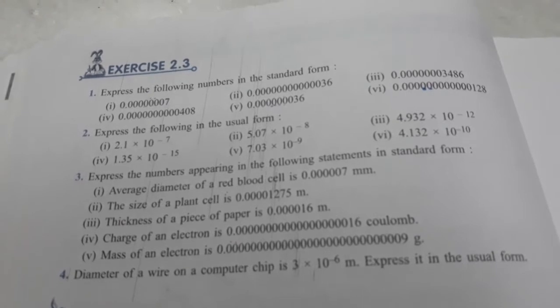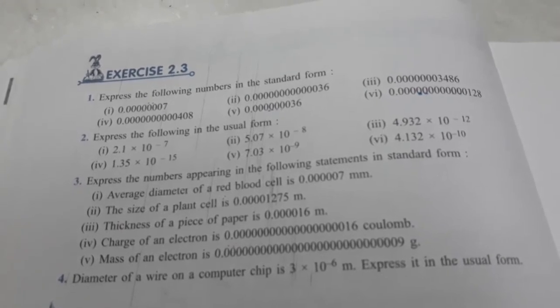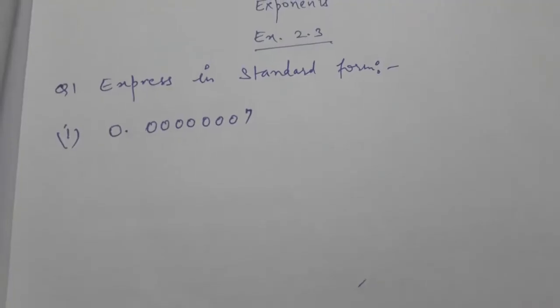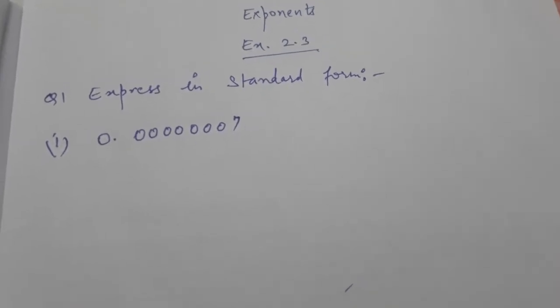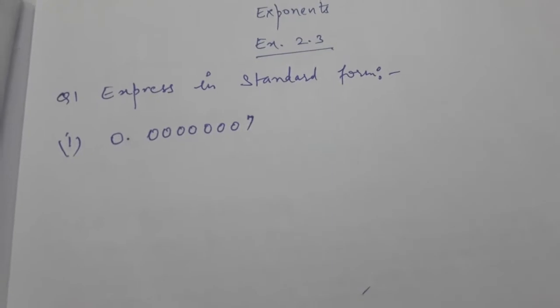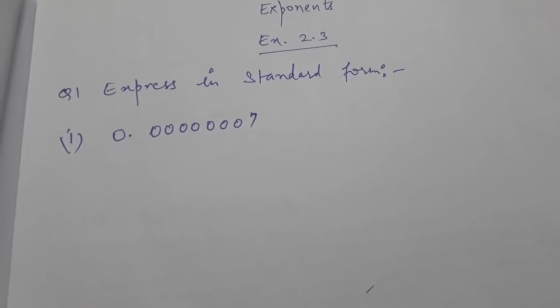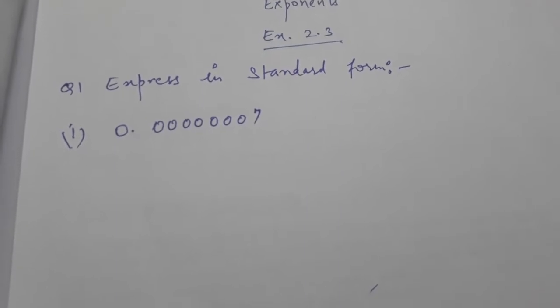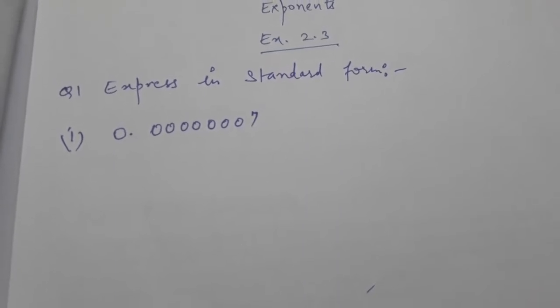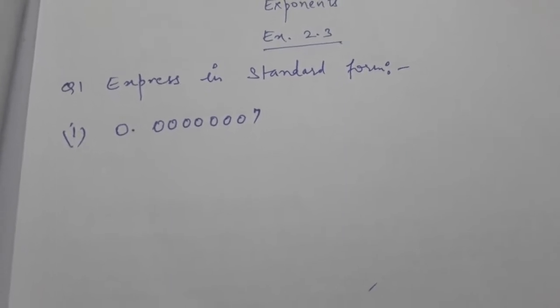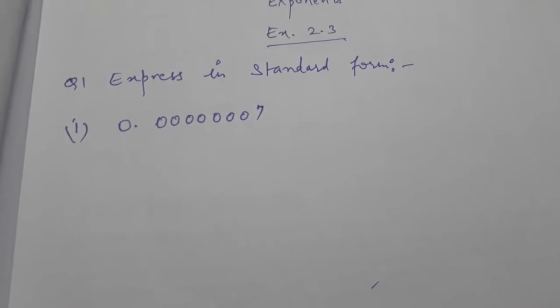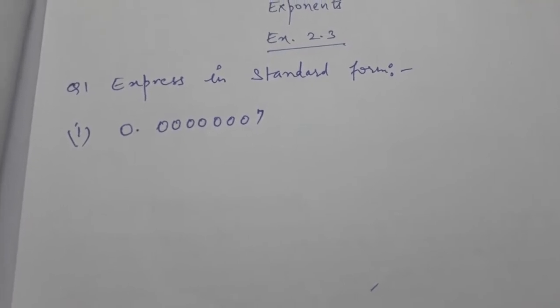So let's check out how to solve question number 1 of exercise 2.3. In the first part, we are given 0.00000007. So we have to change this into the standard form. A very easy way to change it into the standard form is,